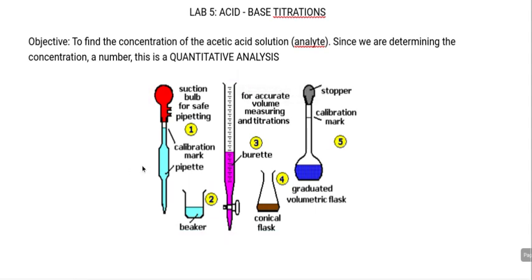a pipette, which is a device for measuring specific quantities of a solution. So in this lab, we're going to be trying to determine the concentration of the acetic acid solution, and we're going to use the pipette to transfer 10 milliliter samples. So this is our pipette, and we're going to use it to transfer 10 mil samples